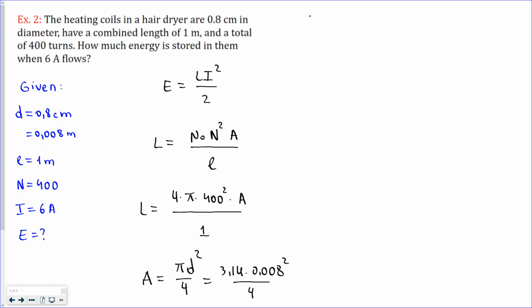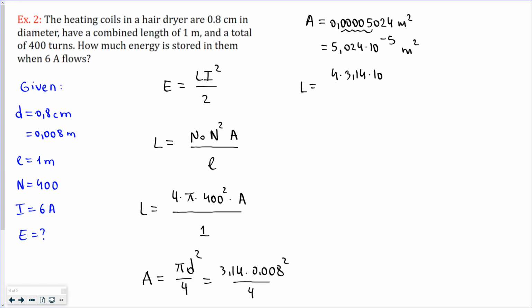So area is equal to 0.0005024 meters squared, and this is 5.024 times 10 to the minus 5 meters squared. And we just put into the equation for an inductance 4 times 3.14, this is pi,